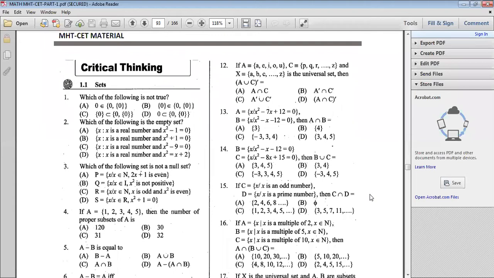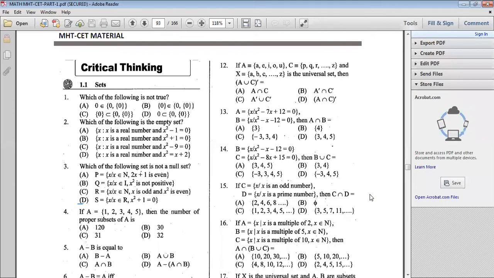Okay, look at option C. x is an odd number, x square is even. If x is odd, can x square ever be even? No. That's why that is a null set. Look at the fourth option: x square plus 1 equals 0. If x square plus 1 equals 0, will any real number come there? No. That's why that is also an empty set. The only non-empty set is option B, because x square is not positive as given. When x is 0, x square is equal to 0, and 0 is not positive. That's why 0 satisfies that. That means the set B contains one element, that is 0. That's why that is the option. That is not a null set.